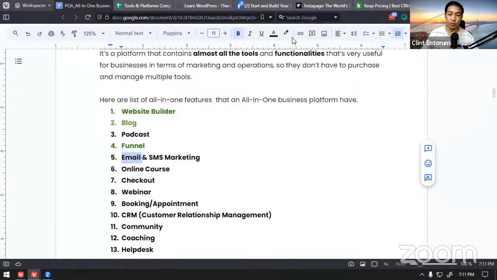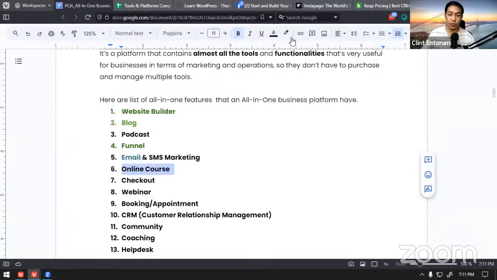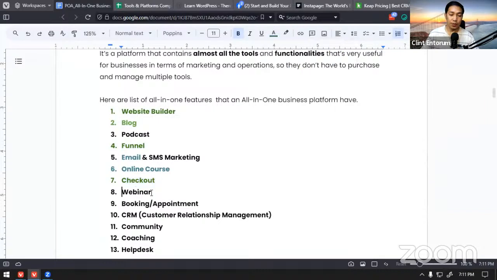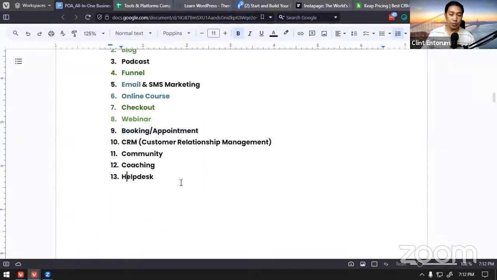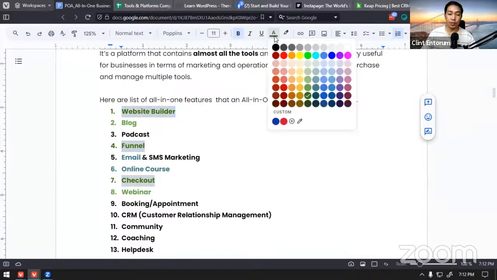So even just email. Some are more advanced and have SMS. Not all platforms would have SMS. Online course is where you set up courses, and then checkout is where they pay. Then a webinar platform, that's also good. Booking an appointment, that's also a good thing. And yeah, those are pretty much it. So builder, blog, website builder, funnel builder, email, online course, checkout. Most likely, the top ones are the payment, the funnel builder, and the website builder. So those are the three most important,